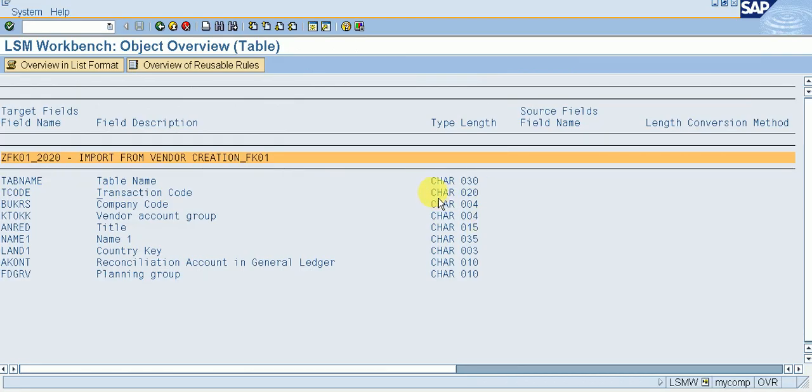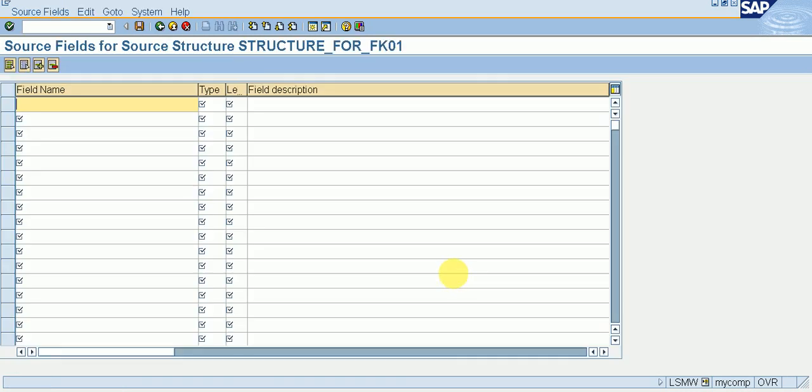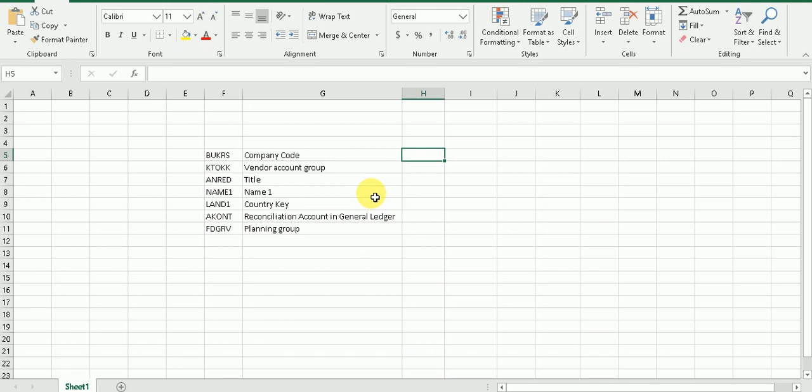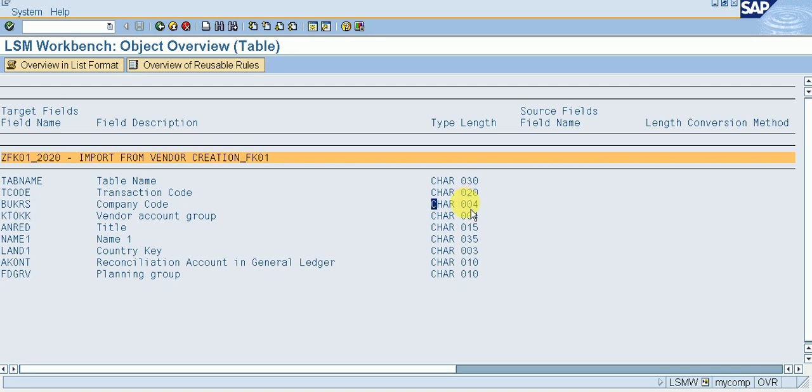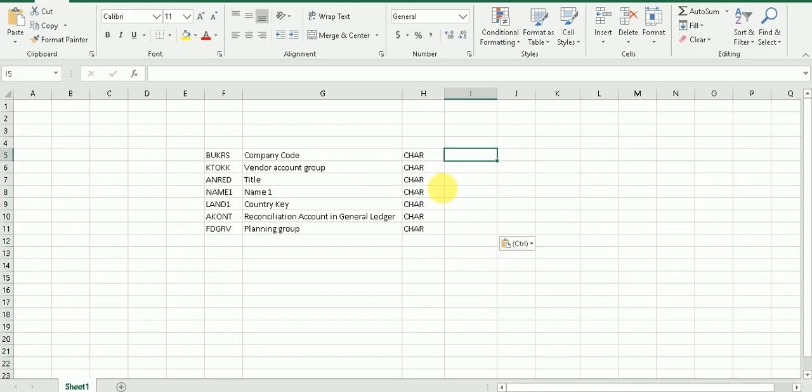Again go back, I am copying here, copy this. I am trying to make all these things easy, so that's why I am showing you all the details like this.